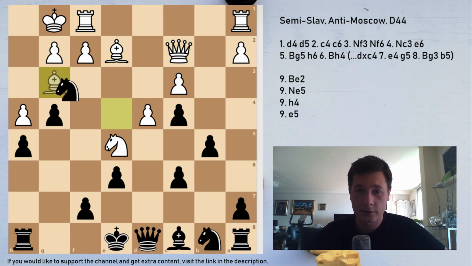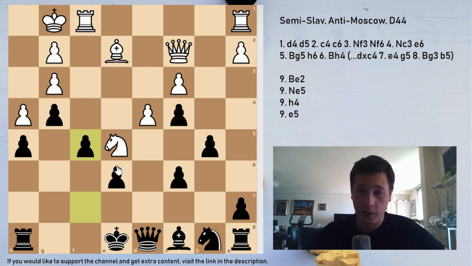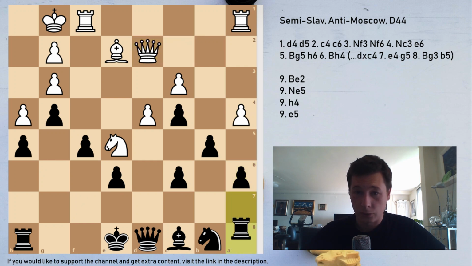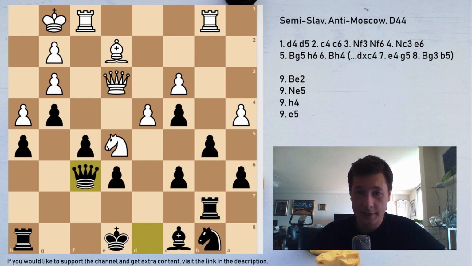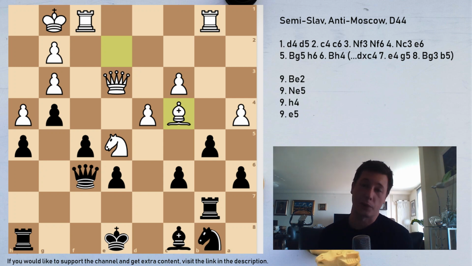The knight is attacked, so knight takes g3, f takes g3. Now your f7 pawn is hanging, so f5. And this structure is really not solid, and it should be handled with care. a4, a6, queen d2, rook a7, trying to defend laterally. Rook a b1, rook b7, queen e3, queen f6, trying to defend. Bishop c4 is a sacrifice which actually works here,